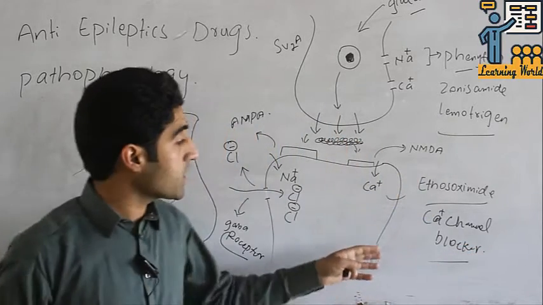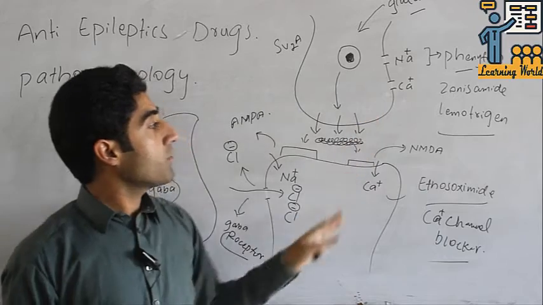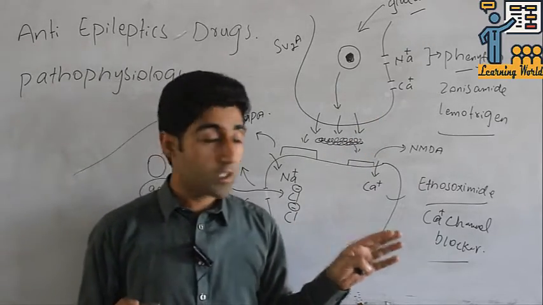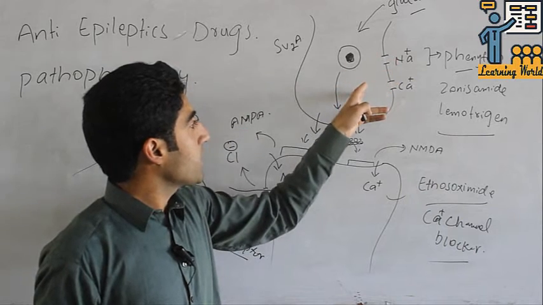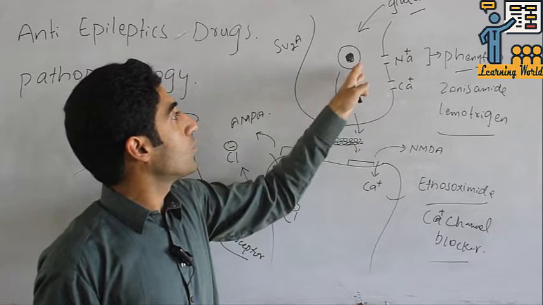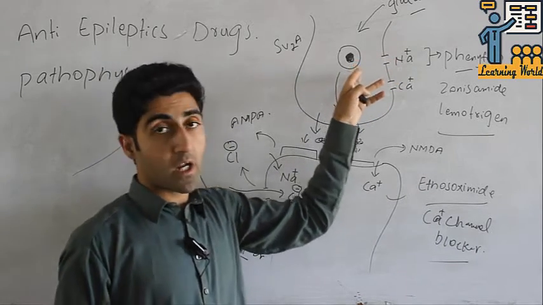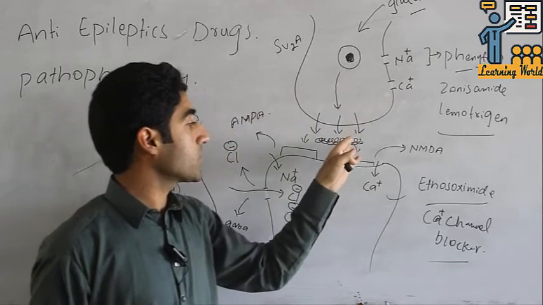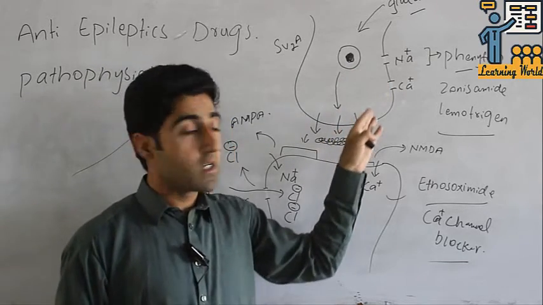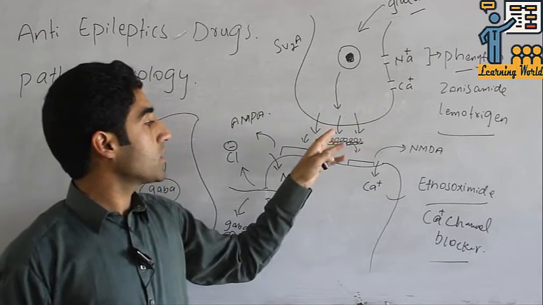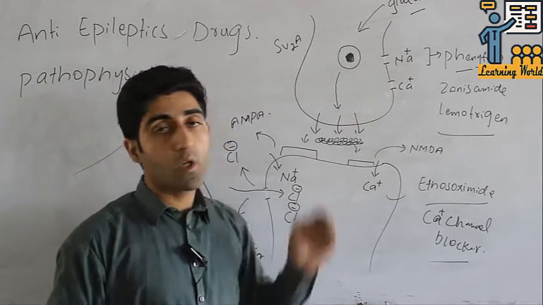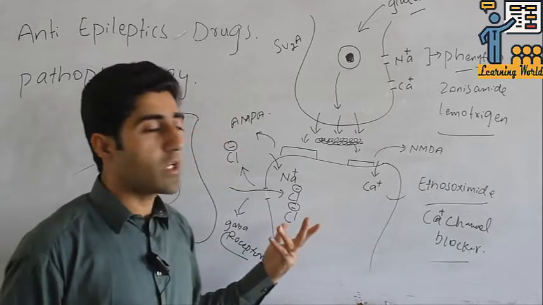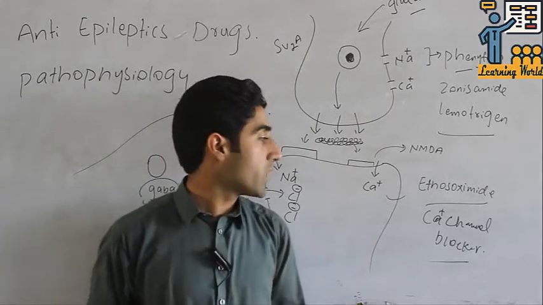When they block the calcium channel, so calcium channels are responsible. When they open, the calcium ion will increase inside the presynaptic membrane, and they will move the neurotransmitter vesicle toward this membrane, and the vesicle will fuse with the membrane, and they will release the glutamate from it. So when they block it, they will not show their activity and depolarization will not occur.